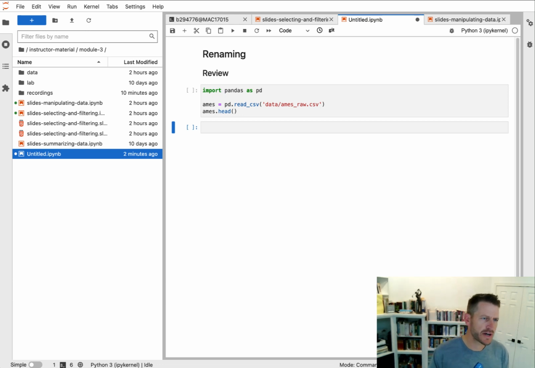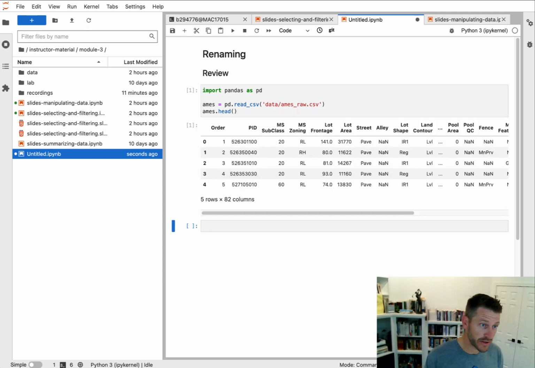All right, so this section talked about just renaming columns, right? When we have data frames, it's not mandatory that our names follow some kind of convention, but it's generally good practice. And we typically see throughout the data science community a common approach to having names formatted within data frames. To illustrate, let's go ahead and pull in this Ames data that you saw in the lesson. And you can see that all of our columns